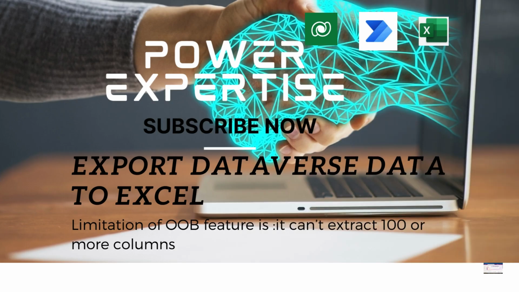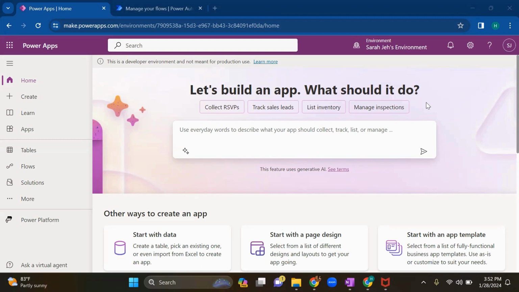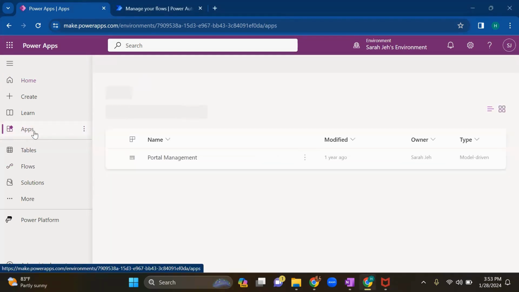And in this video, we will see how we can export the list data into an Excel, which we can create for many useful purposes or for our business requirements, like creating a report or a comparison for cost or revenue. Okay, so let's get started. So we have two options. One is by using the out of the box feature